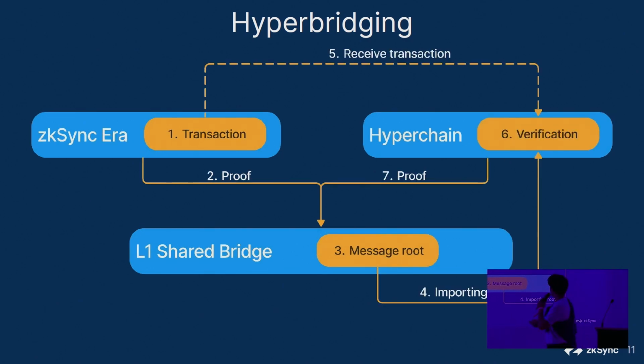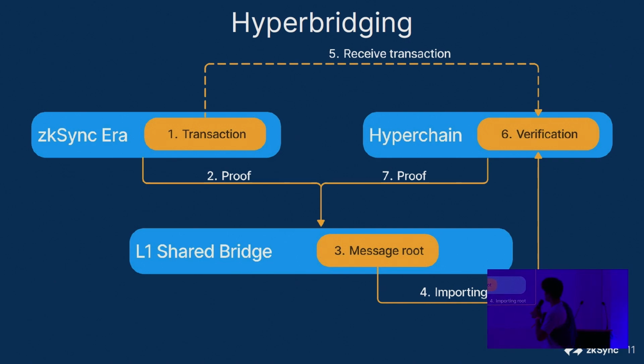After this, the destination rollup can import this message route. A relayer can relay the transaction to the destination chain. They also have to relay a Merkle proof connecting the transaction to the imported message route, and the transaction can be verified. If the transaction is verified, it can be executed, and the relayer is also rewarded economically.